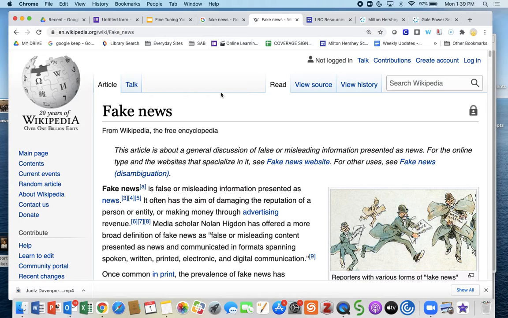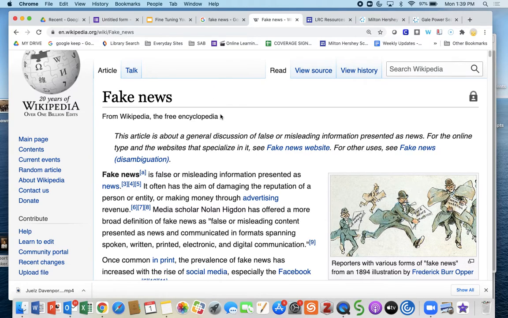Yes, we've told you not to use Wikipedia for research projects, papers. It is not 100% reliable. It has not always been peer-reviewed. Most likely, it hasn't been reviewed by too many people. However, there is a lot of good information here, and it can take you in some different directions, which can help you. So when I typed in fake news to Wikipedia, this is the article that came up,